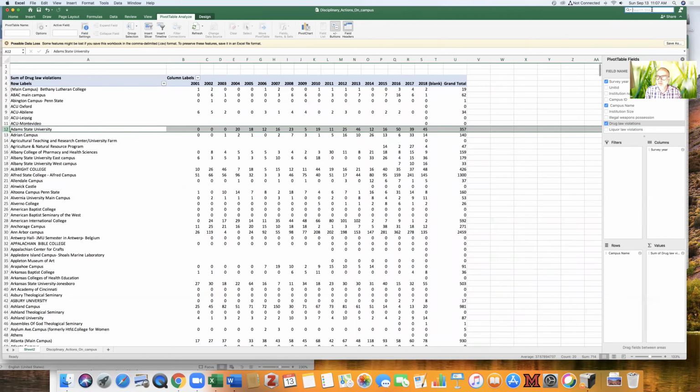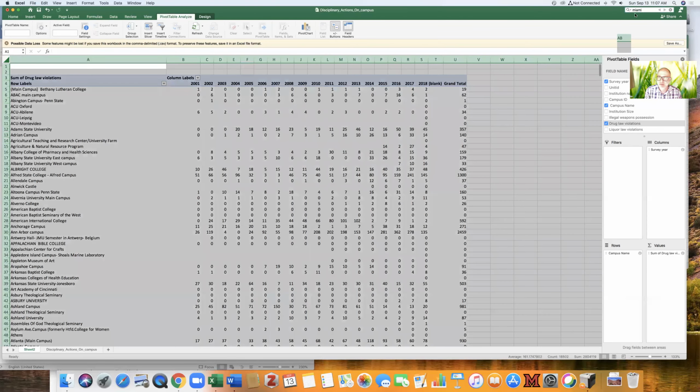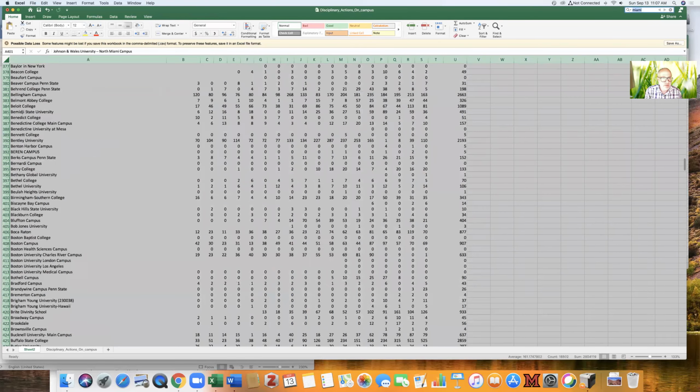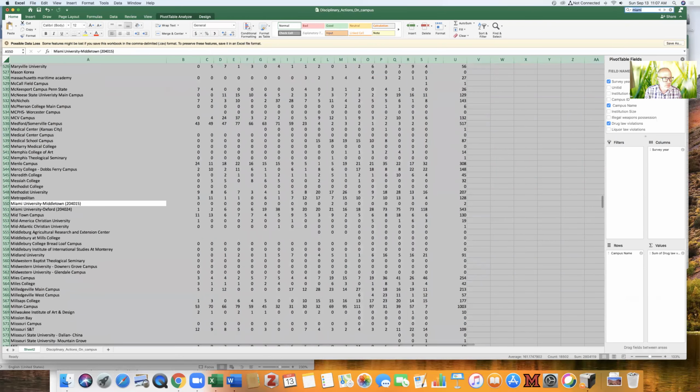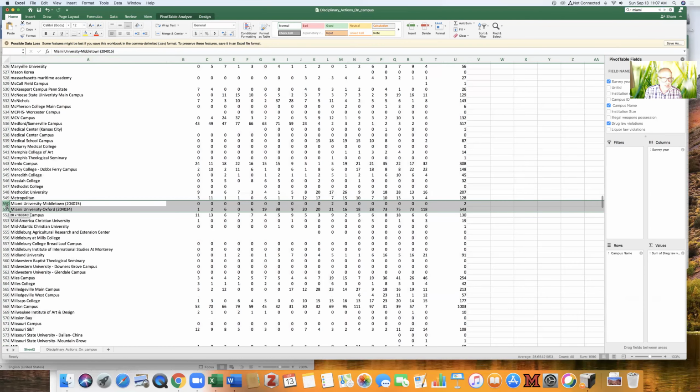There we go. Here's Miami, Middletown, and Oxford. Oxford doing a little worse on these